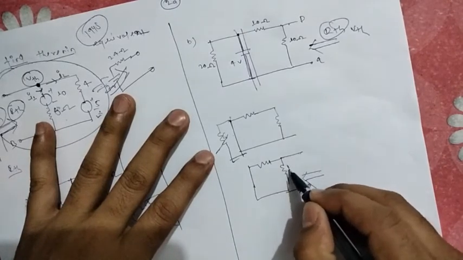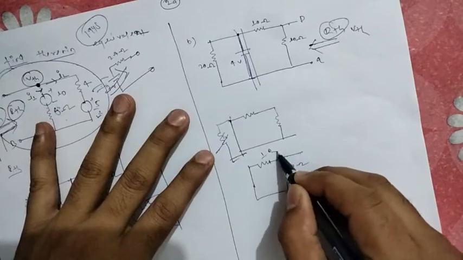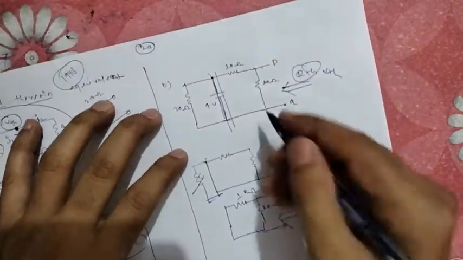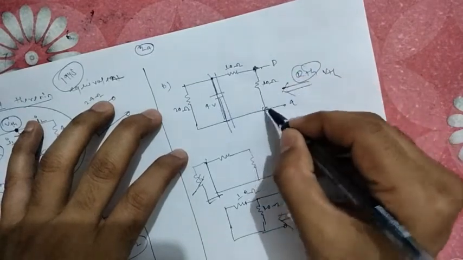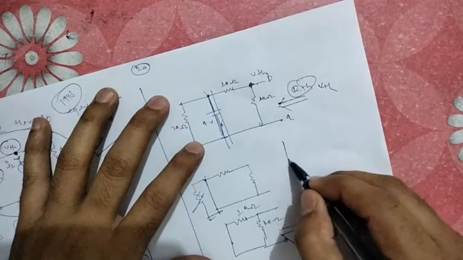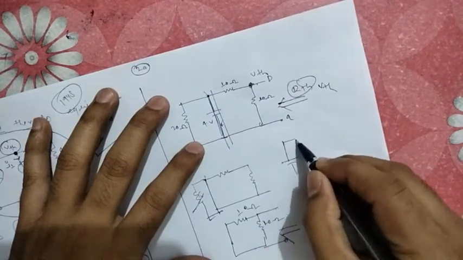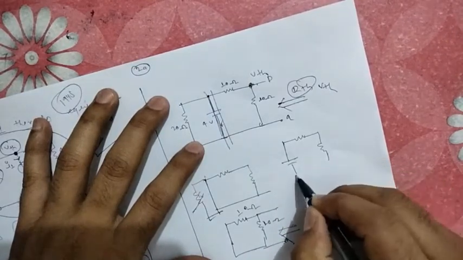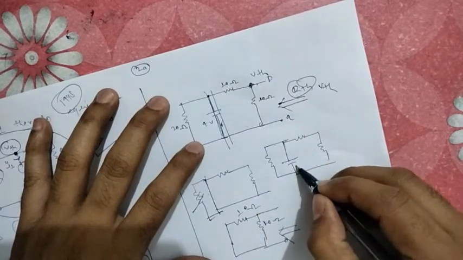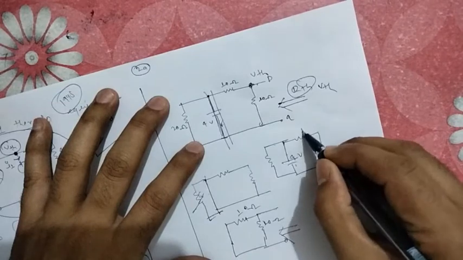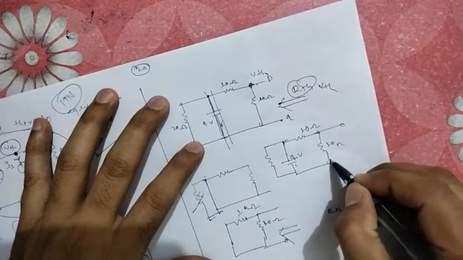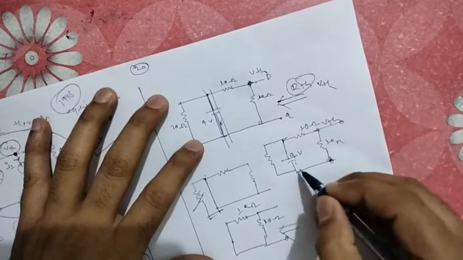Now if I look, what was this? This is 10 ohm and this is 10 ohm, then RThevenin will be 5 ohm. Now if I need to calculate the VThevenin across this one, we are going to apply the potential divider. What is the circuit? This is 4 volt applied, this is 10, this is 10, and here also 20 ohm is there. Now this 4 volt has been applied across this 10 ohm and this 10 ohm, and what will be the voltage across this one? This will give our VThevenin.